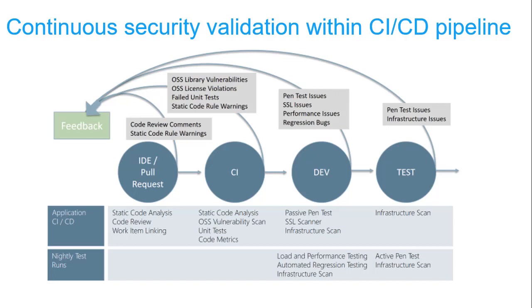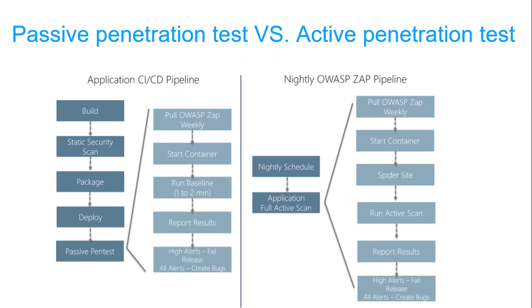And for post penetration test, passive and active, we will use the OWASP ZAP container image. And as we explained before, we prefer to use the container image because it is updated better than installing OWASP ZAP on a local installation on our environment. As an overview, the application CI/CD pipeline should run within a few minutes, so we don't want to include any